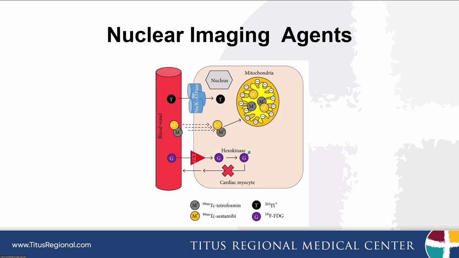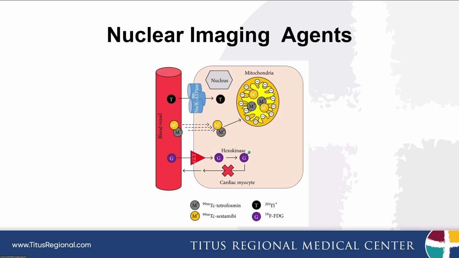So it's a very good physiologic agent for looking at viability and flow delivery to cells in the heart. The reason we don't use thallium as much anymore is, again, the same reason we don't use potassium. Even though it was a better imaging agent, even better imaging agents came along. And technetium-99m is generally used in a variety of forms to do this imaging today because it has superior imaging